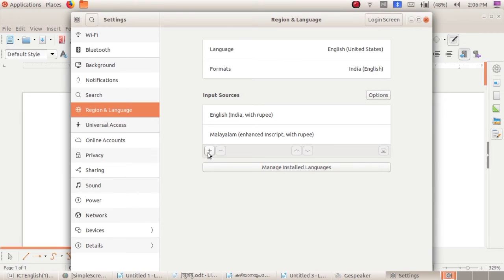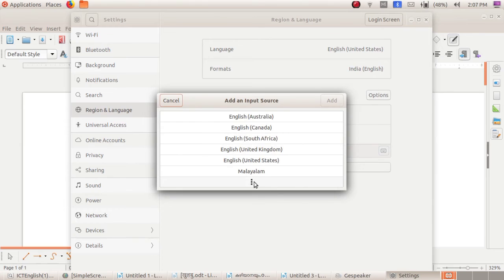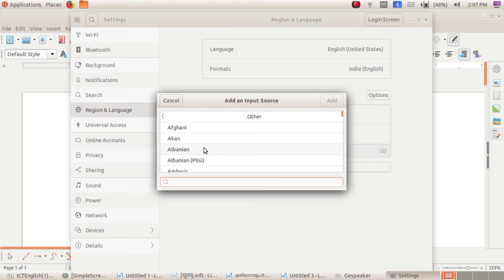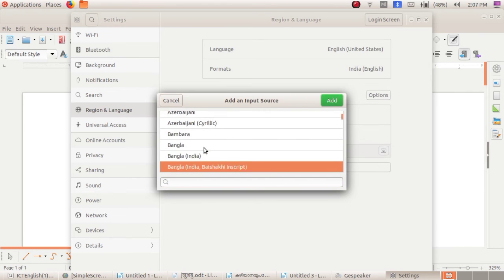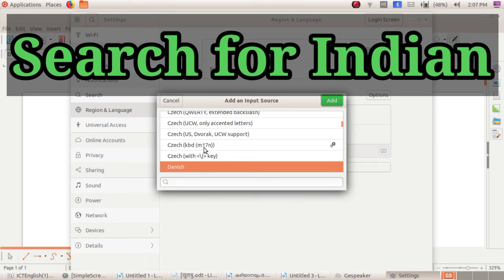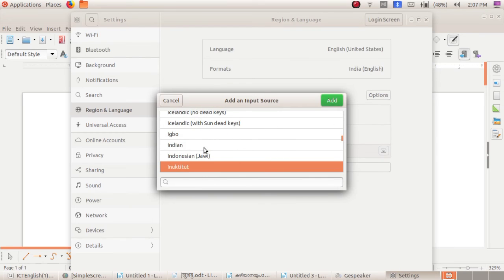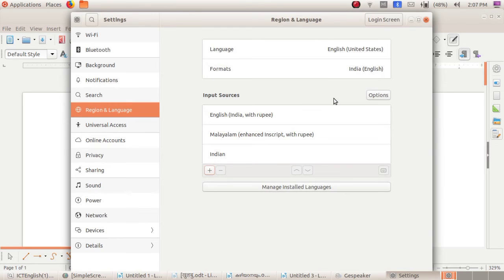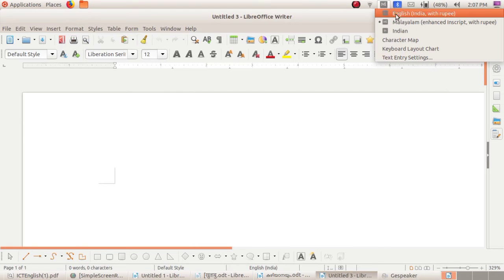Click on this plus icon. See, here is Indian. Then click on the add button. Now Indian, that is Hindi, is added to our keyboard indicator.